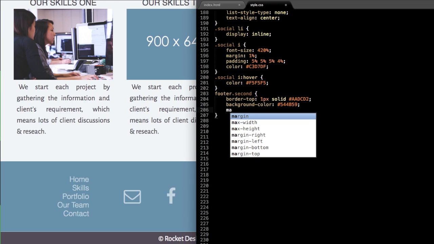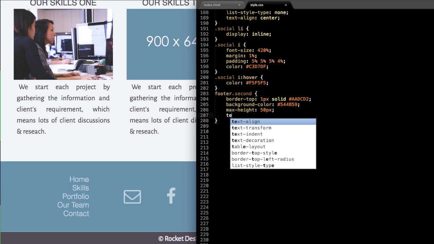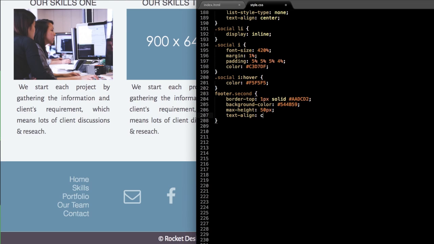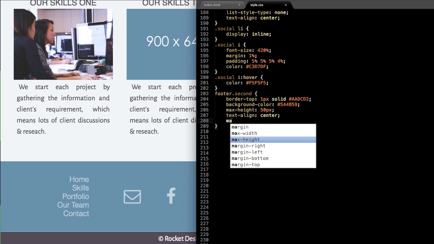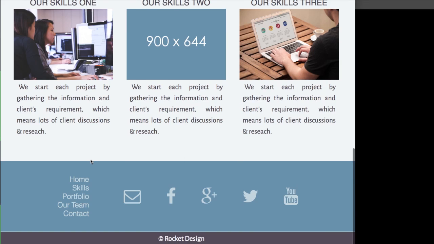Okay, so max width 50 pixels. Then we'll have the text align center for the rocket design text or paragraph text, and then we'll give it margin 0. Okay, so now if we refresh,